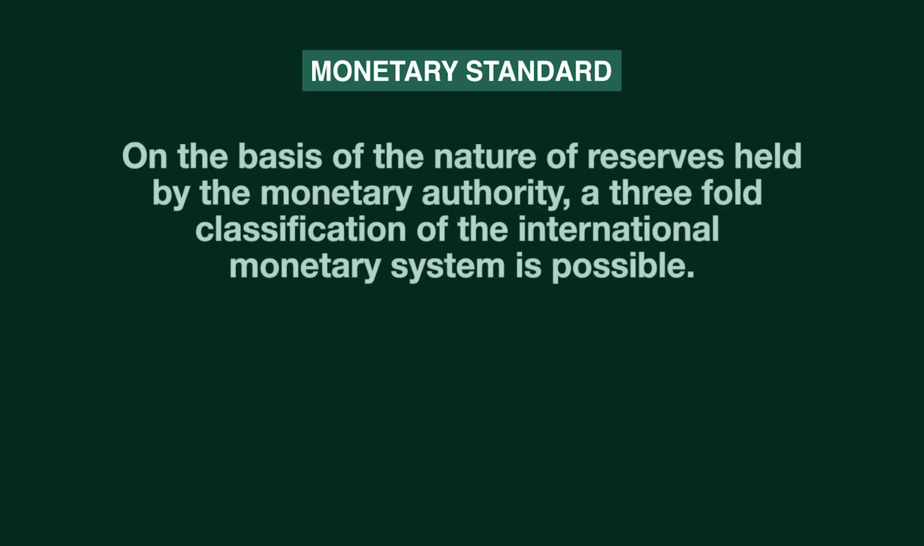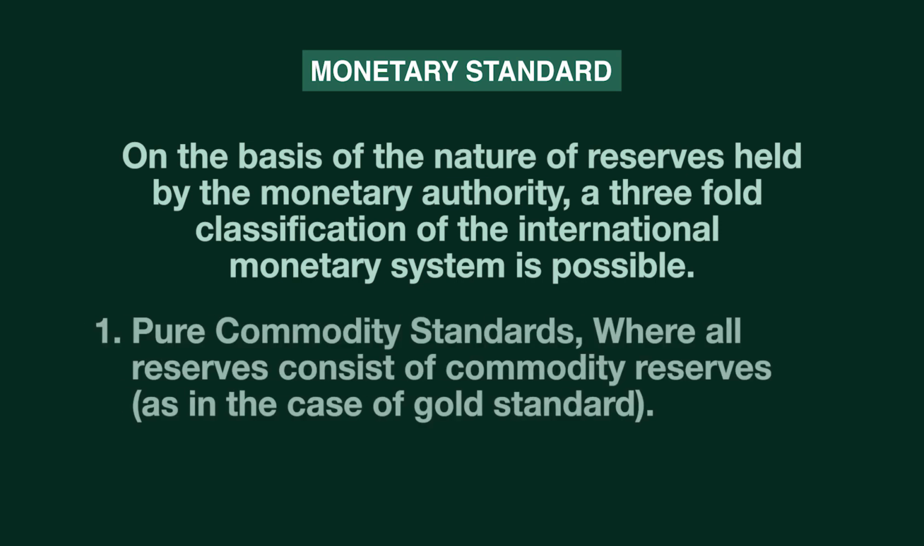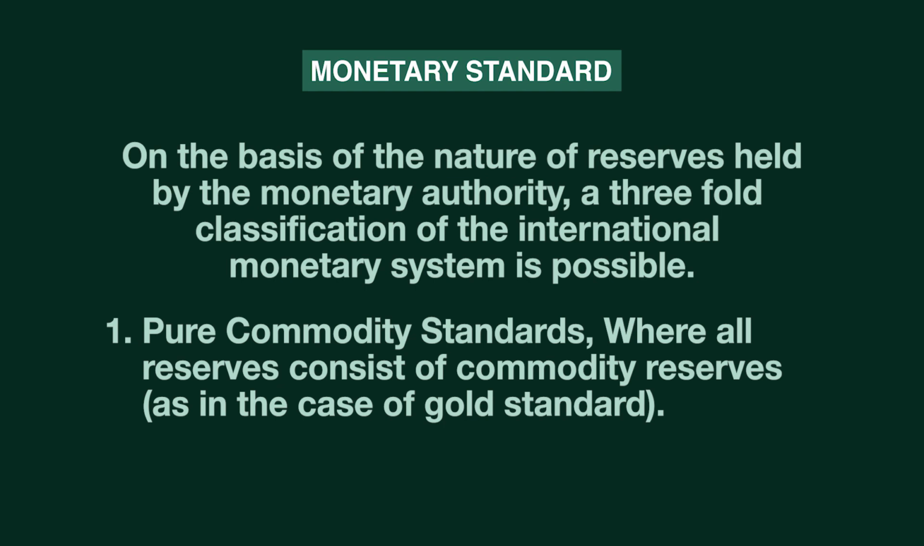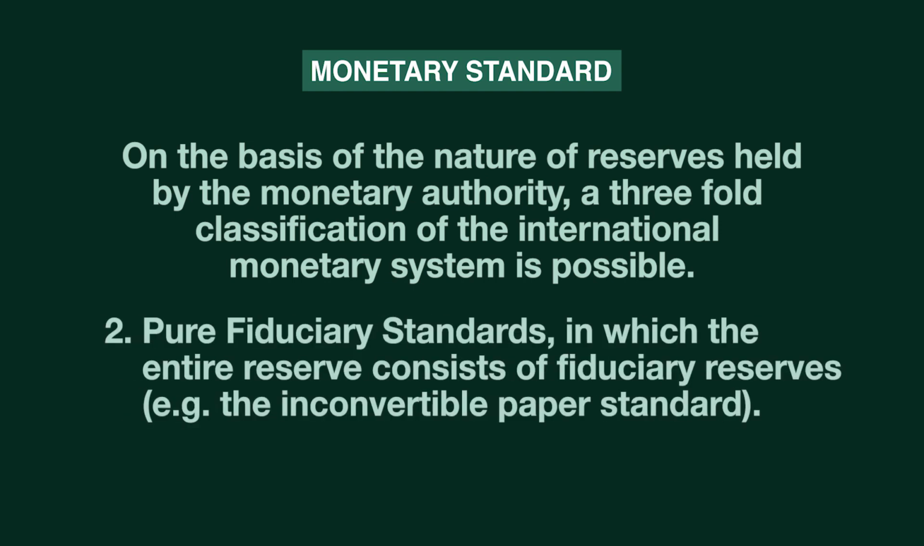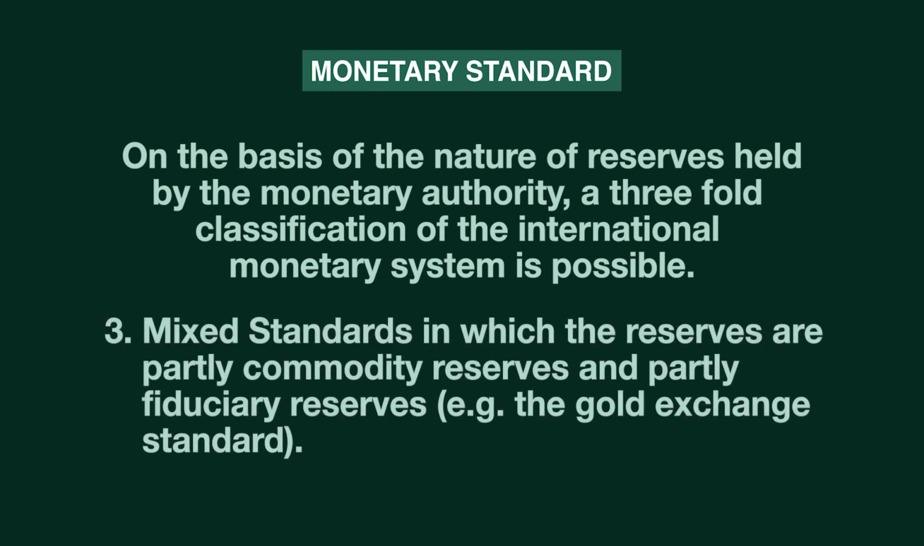On the basis of the nature of reserves held by the monetary authority, a threefold classification of the international monetary system is possible. Number one, we have the pure commodity standards, where all reserves consist of commodity reserves, such as the gold standard. Next, we have the pure fiduciary standard, in which the entire reserve consists essentially of fiduciary reserves, for example, the inconvertible paper standard. And then we have the mixed standards, in which the reserves are partly commodity reserves and partly fiduciary reserves, for example,